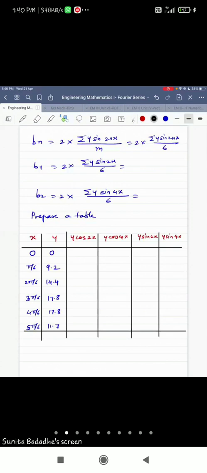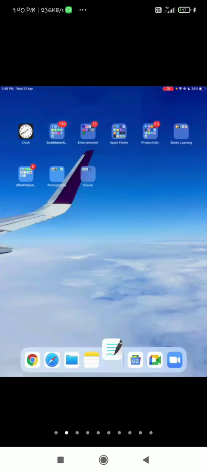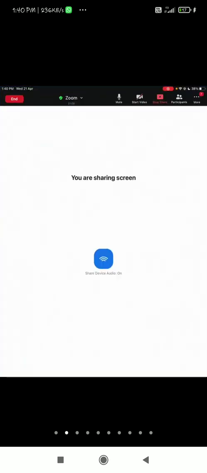Okay. Right. So now I am not able to see my table. I'll see it from my question. I'm going to stop this screen now. You have this table in your notebook. You have to fill all the entries in the table using the calculation that I'm going to show you on the calculator, right? I'm trying to use this online calculator. So let me start. I'll stop the screen share now.